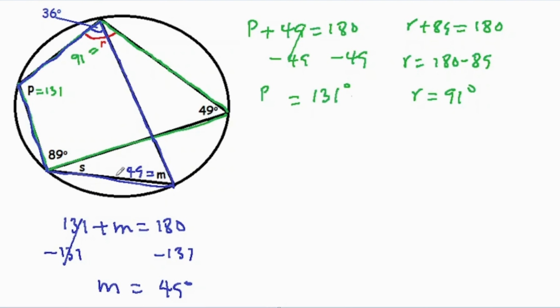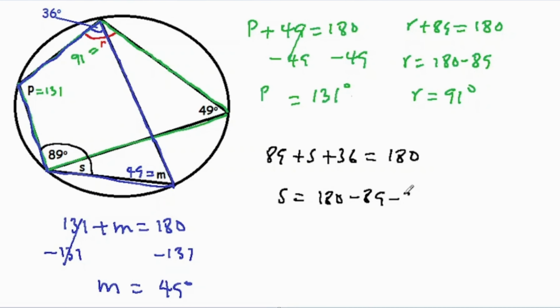Alright, so we want to look for S. So follow my black ink. Now, you see the sum of 89 and S is opposite to 36 degrees. The 36 degrees is in blue ink. So 89 plus S is opposite 36. So plus 36, and that's going to sum up to 180 degrees. So S equals 180 negative 89 negative 36. So S is going to give us